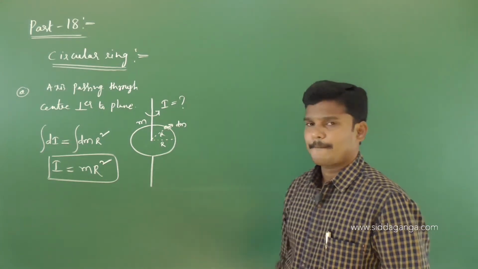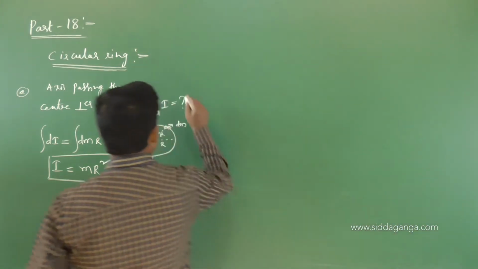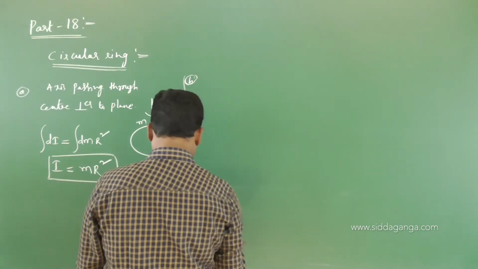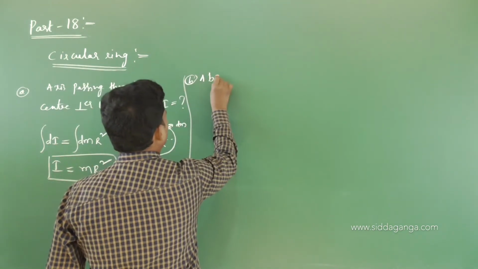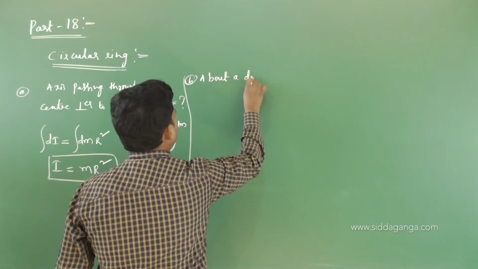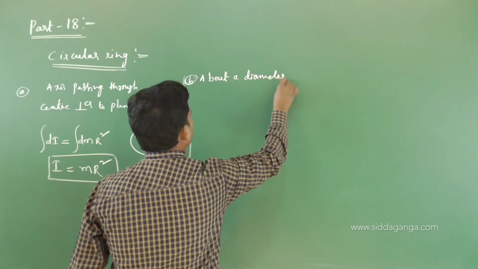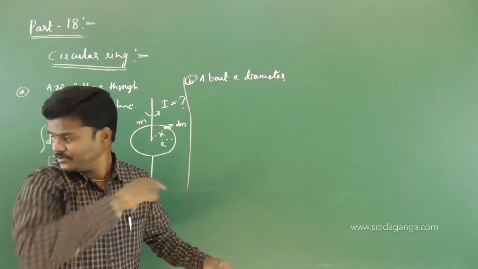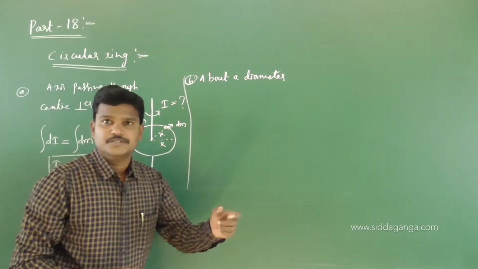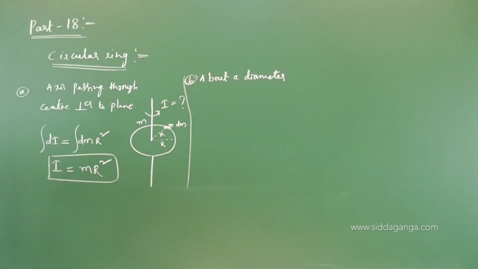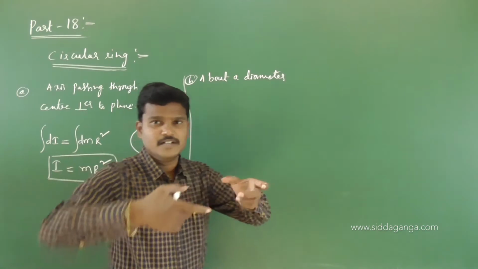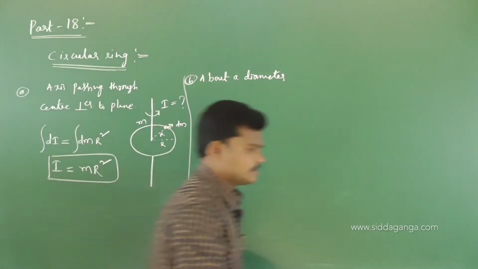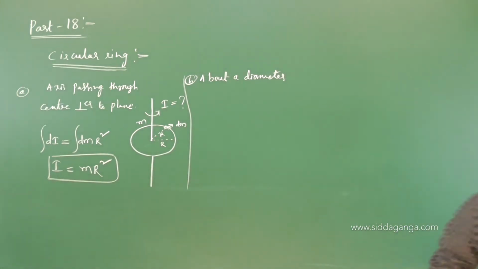Now let me find one more in this. Let me write the next one, you write later. About a diameter. See, this is the ring. Ring is not there right now, nothing is there, let's just imagine correctly. So this is the ring and diameter; let us suppose the ring is not available right now, no problem.